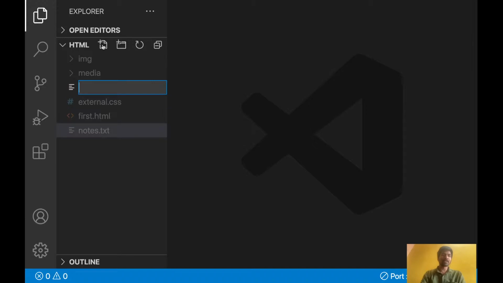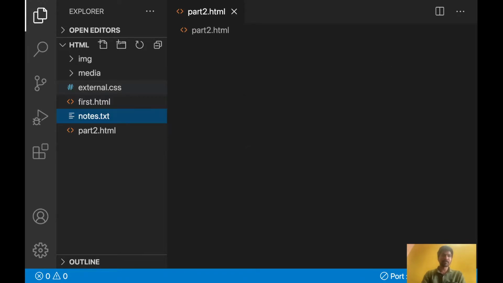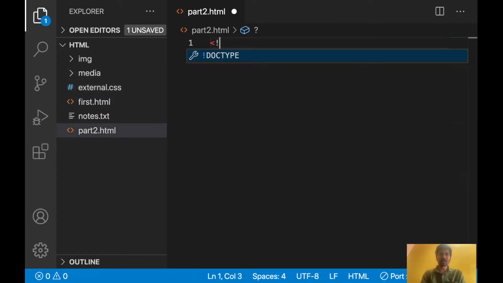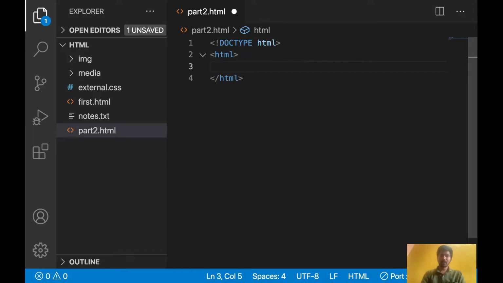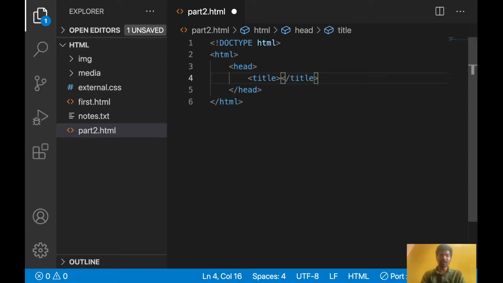So I'm just creating part2.html. Let's start with the basics. HTML is the root element, and inside it two sections will be there. One is the head element, and in the head element a title will be there. Let's write some title, CSS part 2.